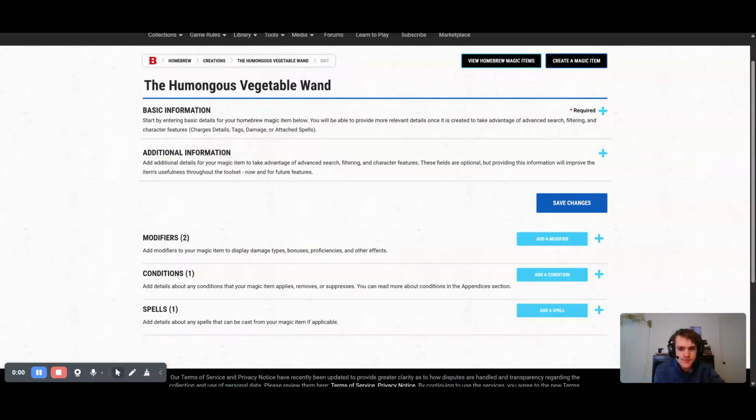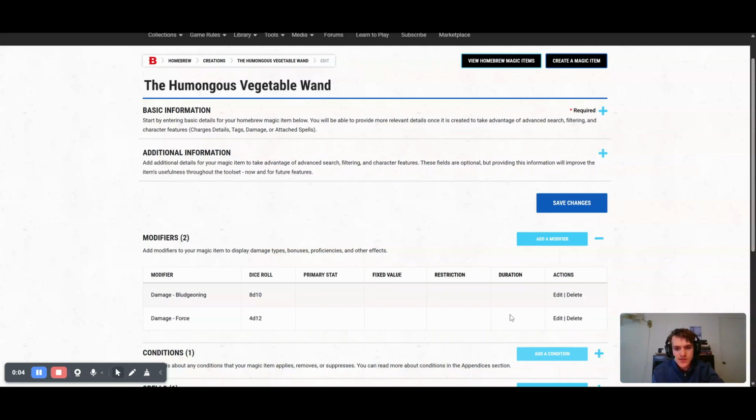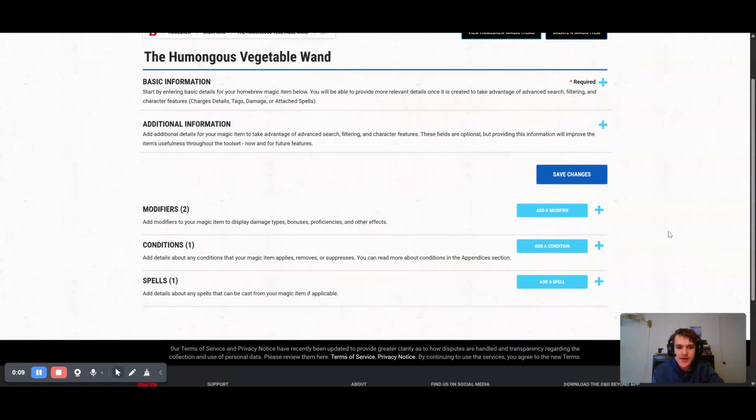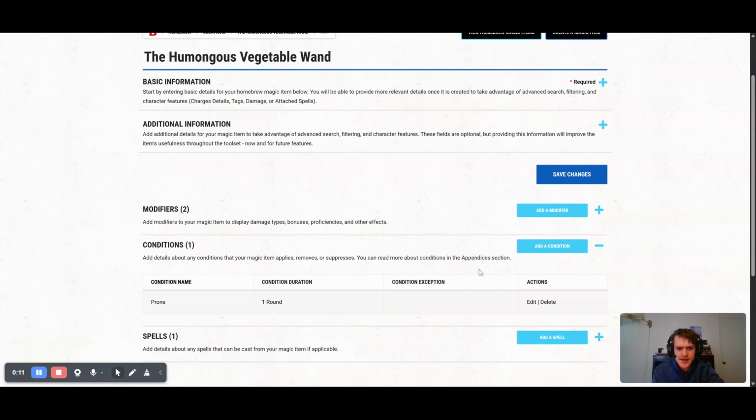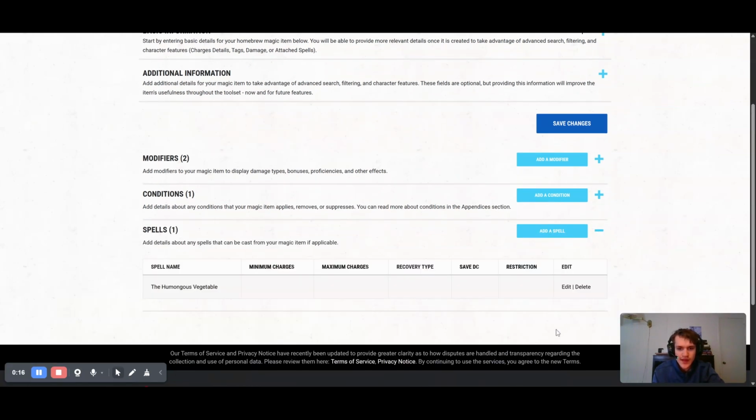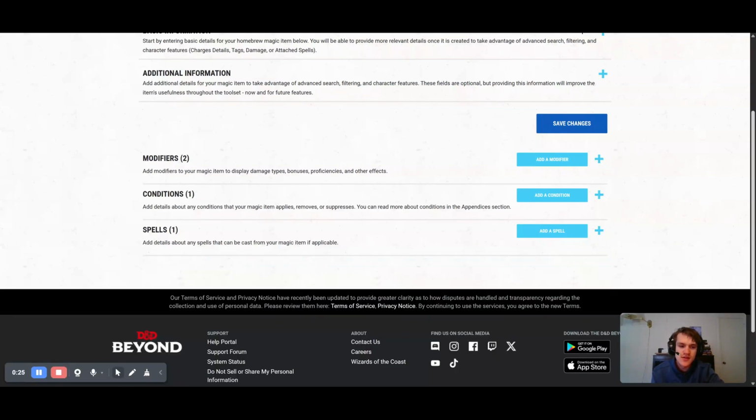Okay, so I've added some modifiers, which is, of course, the damage modifier. I changed it to force instead of splash, because splash is not a real thing in D&D. Then you have the conditions. I think it makes sense that it knocks you prone. And then I added a spell. I actually created a spell, the Humongous Vegetable spell, which can only be used with this wand. You cannot use this spell